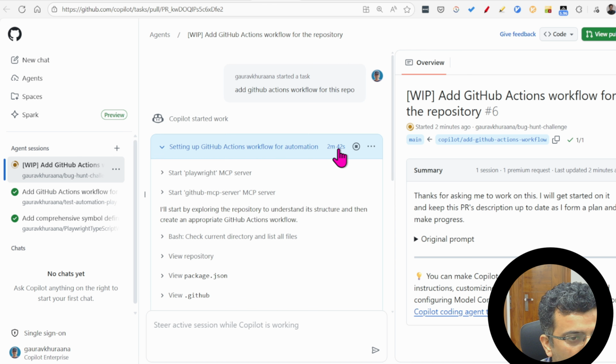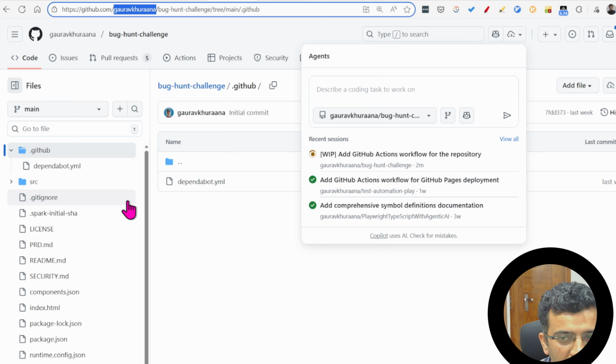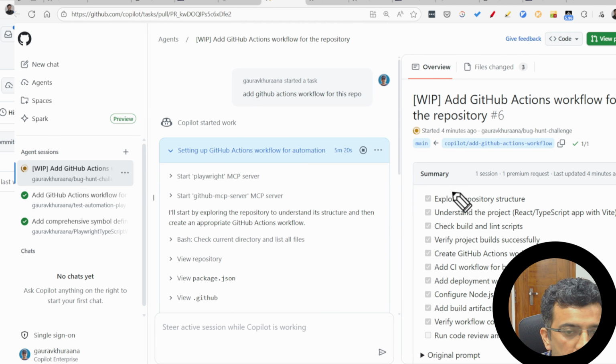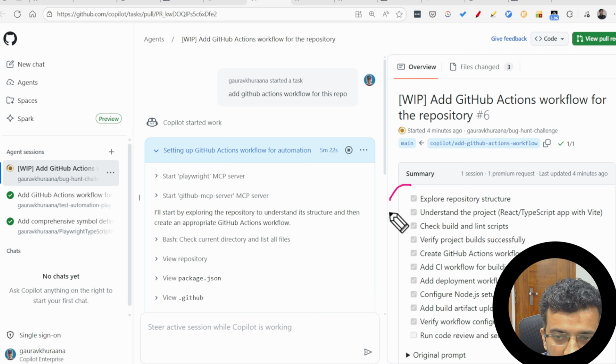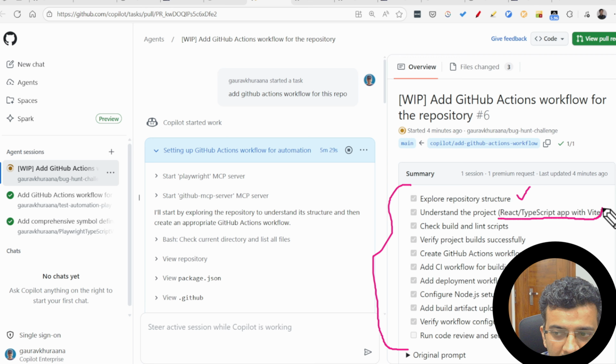As of now, 2 minutes have passed and it has not added it yet, so I'll wait for it to complete. If you see here, there are certain steps it has to do. Firstly, it understands your repo, because your repo could be in Java or .NET or C Sharp, so accordingly your workflow would be created. What all tools are needed.